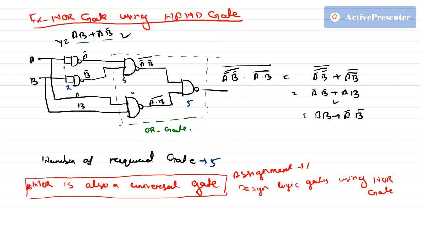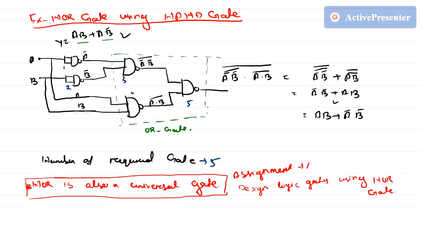Is there any other way to implement XOR and XNOR gates using NAND gates? Yes. Any other way means if you can find any other way to use the NAND gate. I have used it like this, but if you can use it in another way, then it is possible to implement the XOR and XNOR gate.